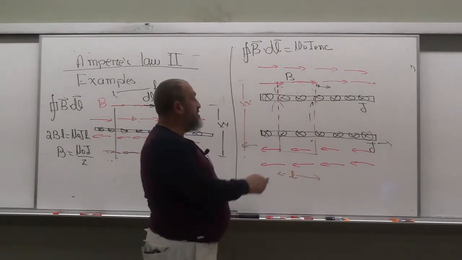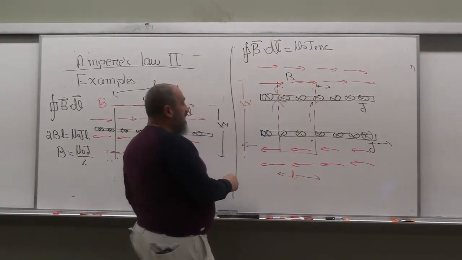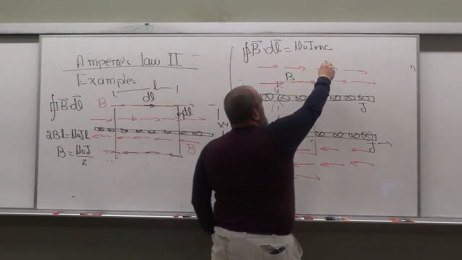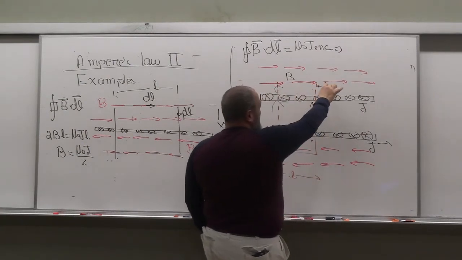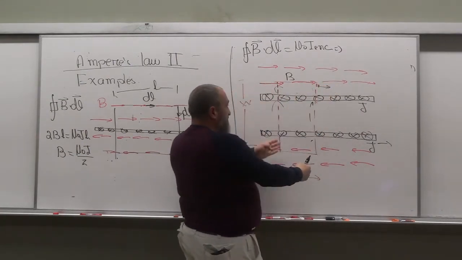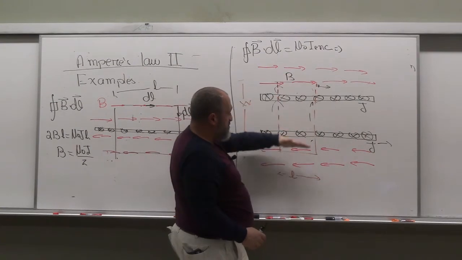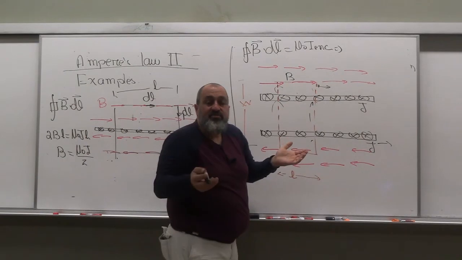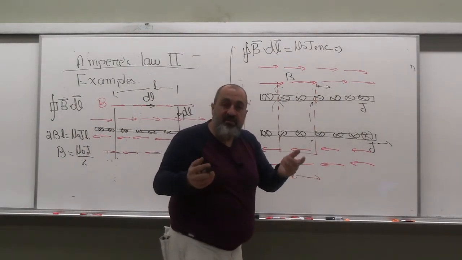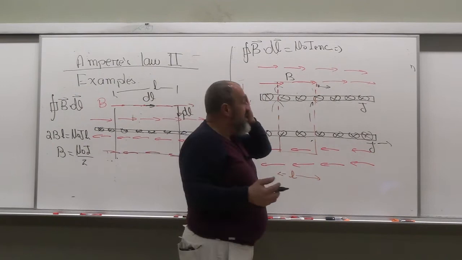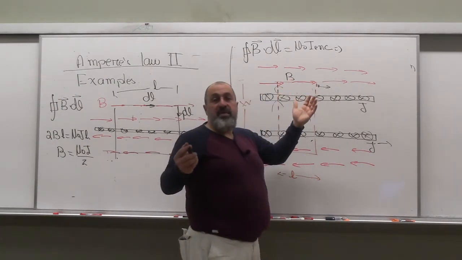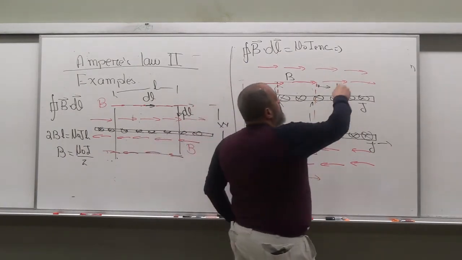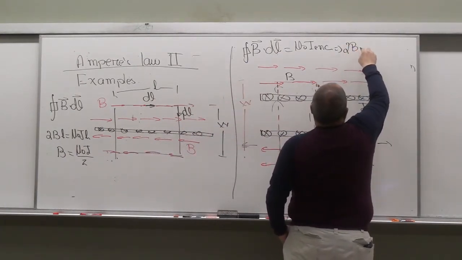You integrate that, you get B times L up here, B times L down there. So the integral of B dot dl becomes, therefore, B times L up here, B times L down there, nothing here, nothing there. And because of symmetry, we know it's the same B. Again, B points that way, and dl points that way. The angle is 0, so it's just B dl, B magnitude, dl magnitude, cos 0 is just B dl. Integrated over the length, B is uniform and comes out of the integral. B integral dl is just B times L, B times L. So 2BL is equal to